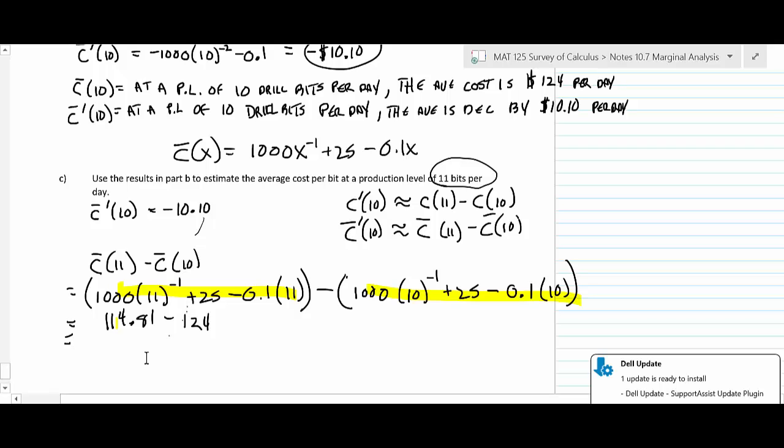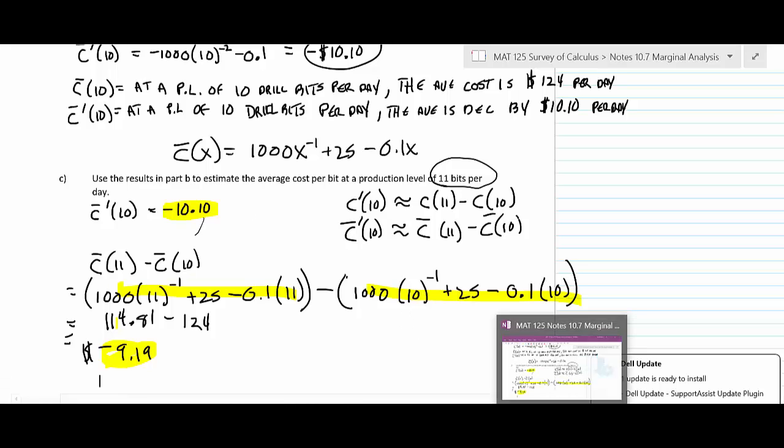Okay, so let's see, 114.81, I got negative $9.19. That's not too bad. Okay, so basically the idea is that is an estimate of the exact average cost, like I've shown. That's the reason I put 11 in my problem, because I knew that I already did the marginal for 10. That's the idea. Okay, so that's perfect timing. So I got everything done on that today. We'll do the